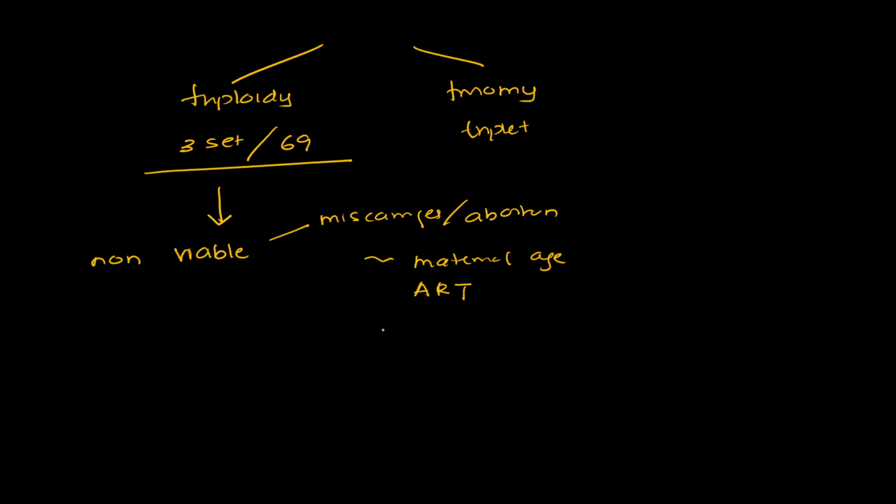And also sometimes there are parental chromosomal abnormalities that are associated with it, and some even environmental and parental causes. So overall, if a triploidy happens, there is a possibility that most of the time it will not reach the term and it will not be viable. It will undergo a miscarriage.